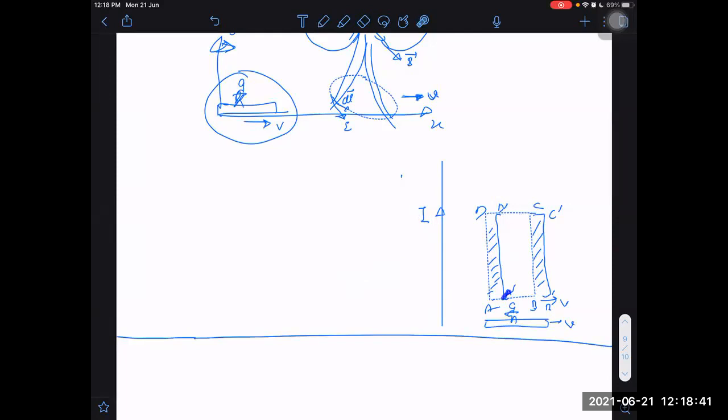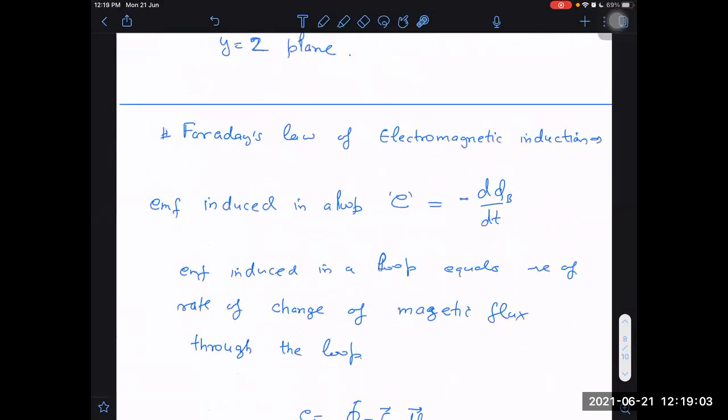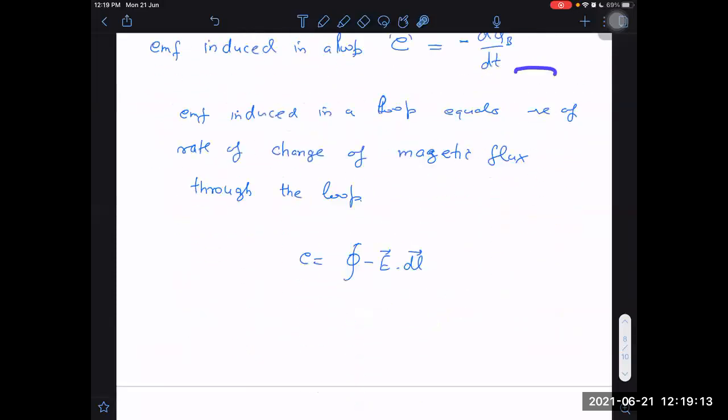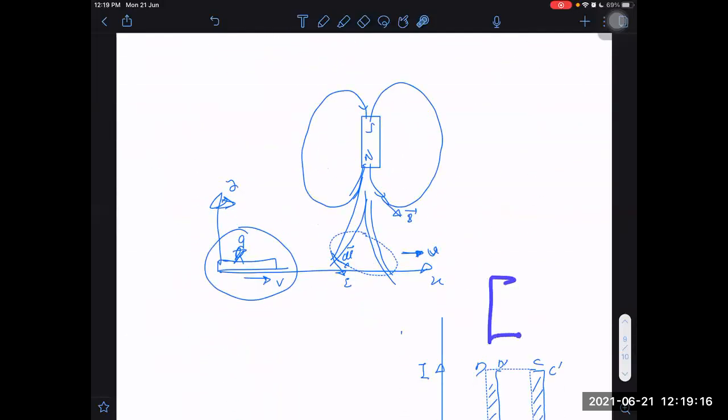I can also cause the change in flux by increasing the current. If I increase the current, I don't even move anything, but by increasing the current I can cause a change of flux. Whether I cause the change in flux by increasing the current or by relative motion between the wire and the loop, whatever the cause may be, I don't care. Faraday's law is wonderful. It is always equal to minus d phi by dt. The answer is always the same, whatever the cause may be. The cause may be a rate of change of current, or it may be just the change of shape of the loop. The loop was rectangular; it may turn into some triangular shape.